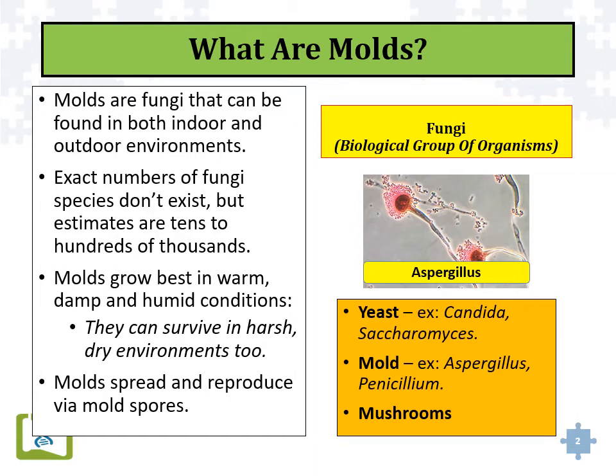Now, molds spread and they actually reproduce through mold spores. So the one thing to keep in mind is that mold, like Aspergillus and Penicillium, fall under the biological group of organisms called fungi. Yeast are also fungi, so Candida is an example of a yeast. They're all fungi, but Aspergillus is a mold and Candida is a yeast. So you need to kind of keep those a bit separated when we're discussing these types of things with patients and clients.